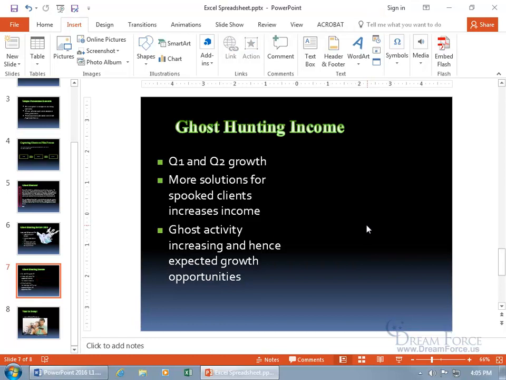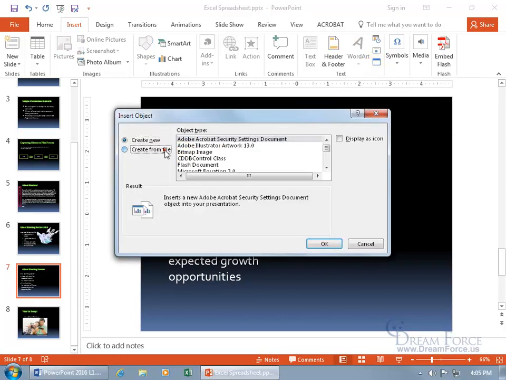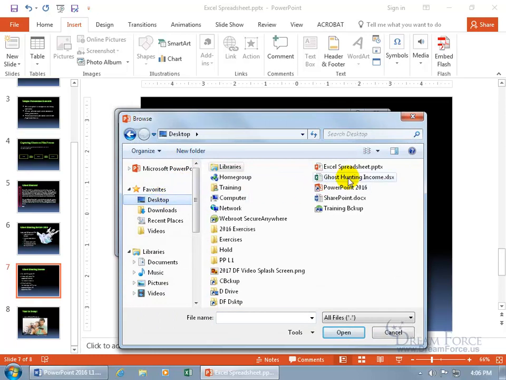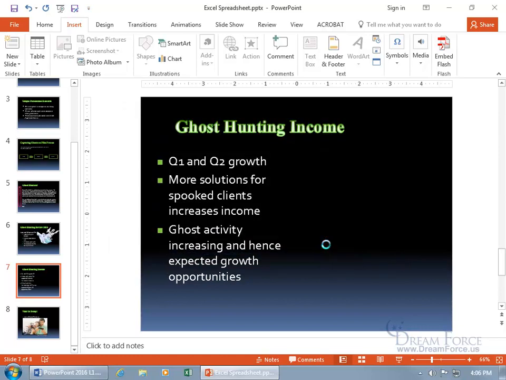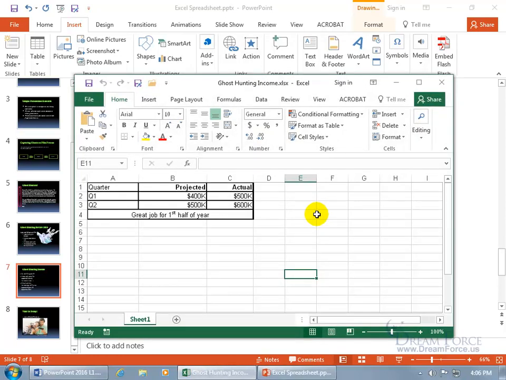only this time let's link it. So come up here, do the same steps: Object, from File, Browse, and then Desktop, and it's right there. This time let's link it, so any changes that I make in the Excel workbook will actually update here. So let's go ahead and click okay. And then double click, and it opens up,